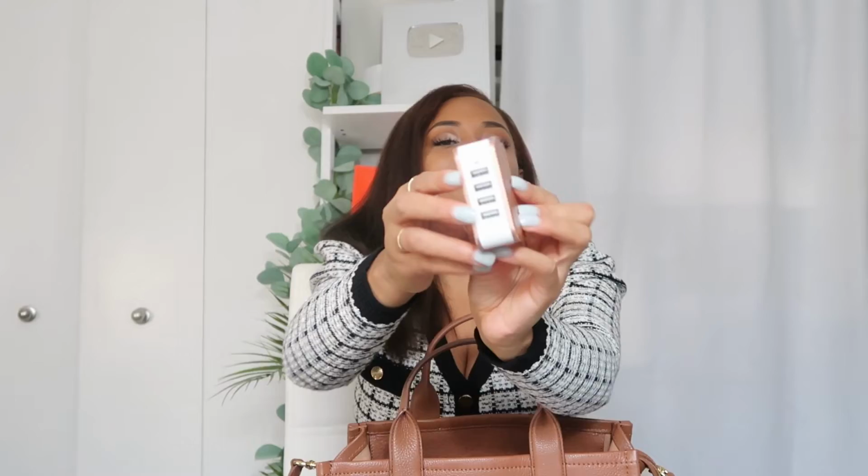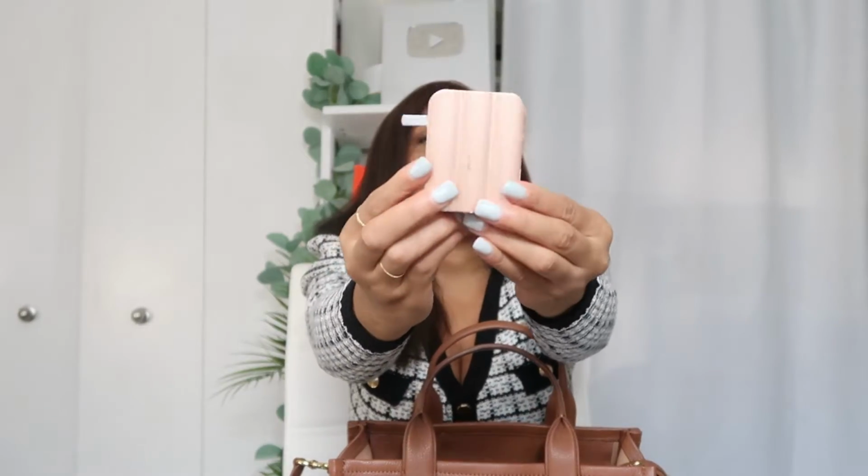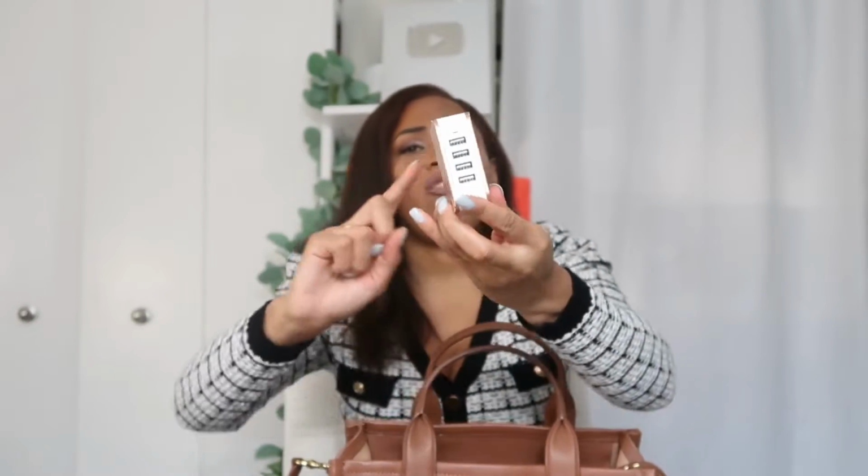Charging. I'm a charger girl. I gotta have a charger with me. This is a plug into the wall charger. I've had this for 6 years. I actually bought this when I was going on my cruise, the cruise that started this channel. The cruise I was going on that I got the crochet hair and then turned the camera on and started filming. That cruise, I also bought this, and this has been a godsend too, because on the cruise ship there